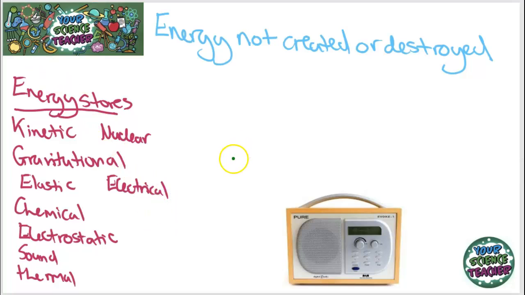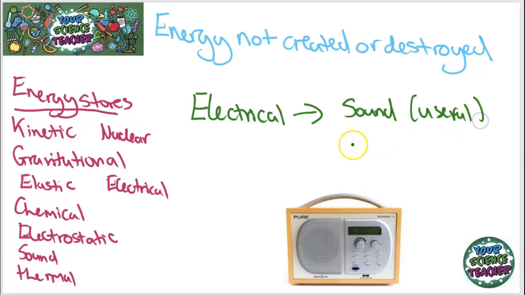Now we've had a look at the main energy stores, we need to look at how they interact with one another. So here's an example. We have a radio here, and with a radio, it's going to transfer energy to different forms. The energy going into a radio, if it's plugged into mains electricity, is electrical energy. If it's a battery radio, it's important to remember batteries give out chemical energy because it has chemicals inside it. But this electrical energy is going to be converted into sound, which is our useful energy from a radio.